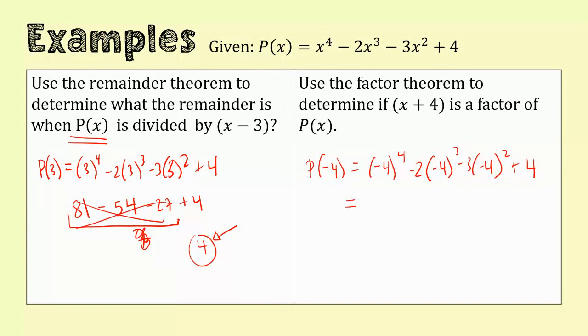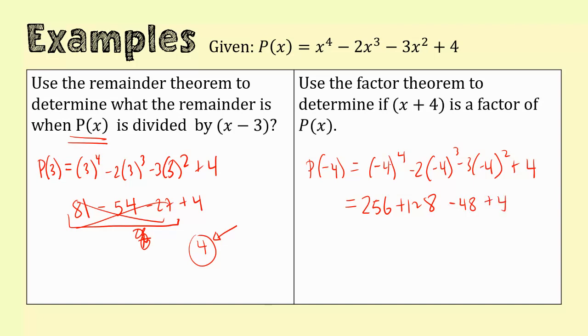So let's see. 4 to the 4th is 256, negative 64 times 2, right, plus 128. 16 times 3 is 48, right? So minus 48, and then plus 4,